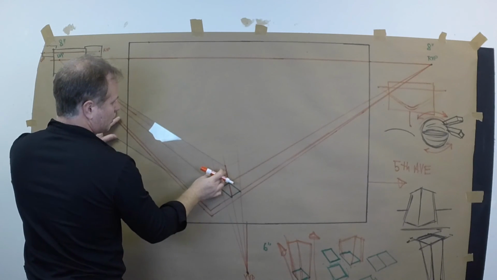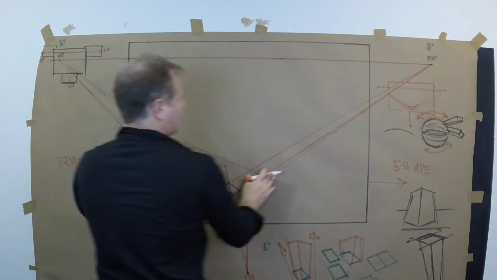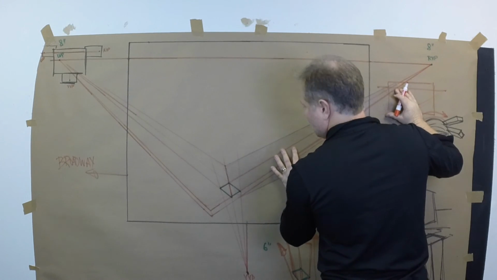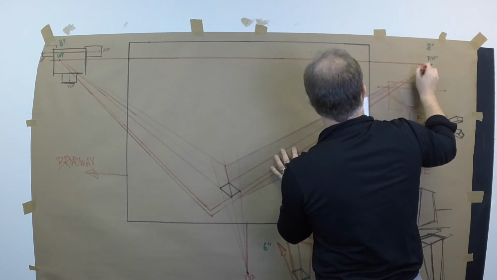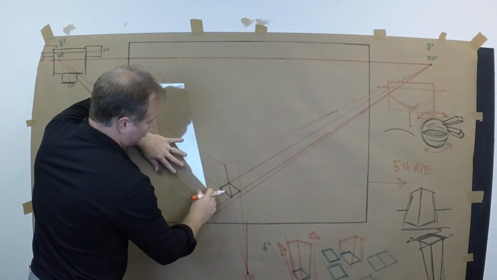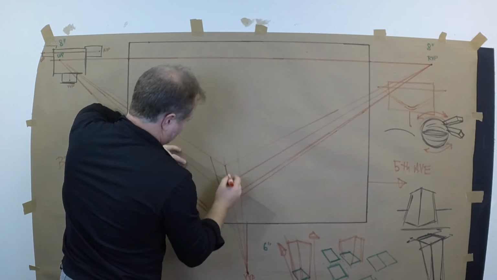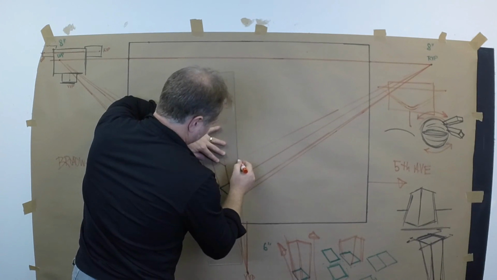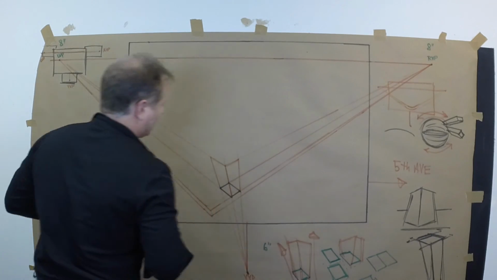So from that point back through the left vanishing point here, and back to the right vanishing point here. There we go, all the way through. Now I have the depth projection for my building here, and here, here, and there. And now all we need is the top of